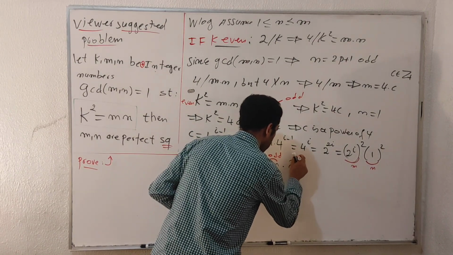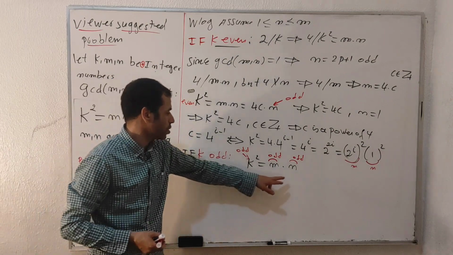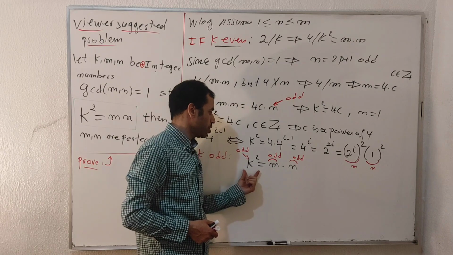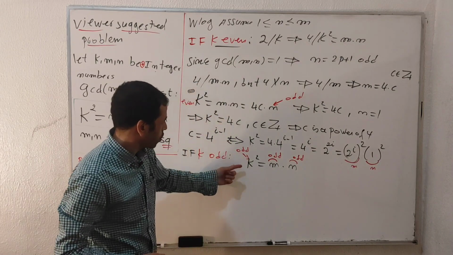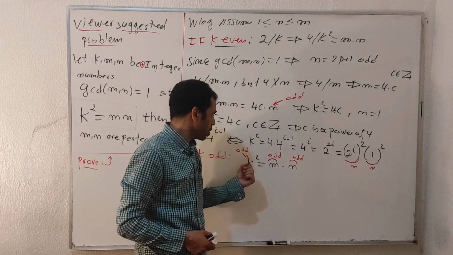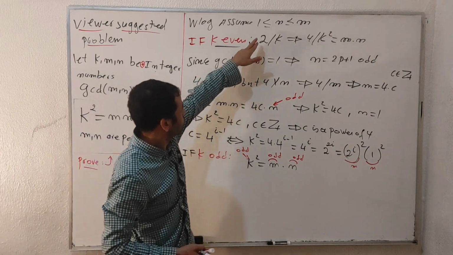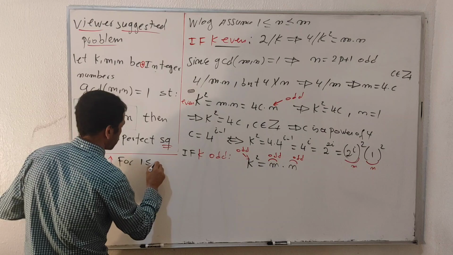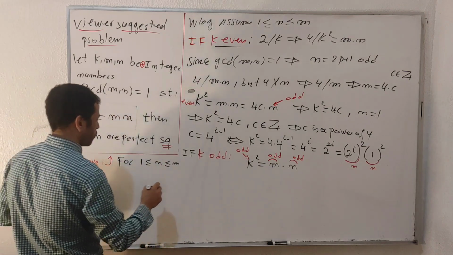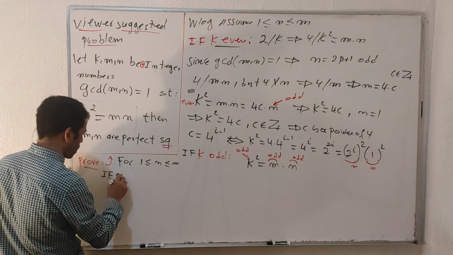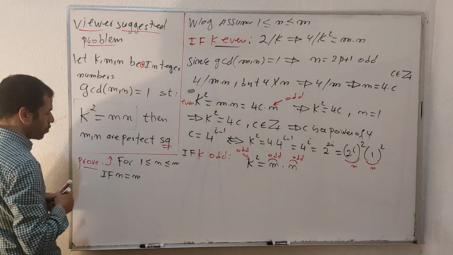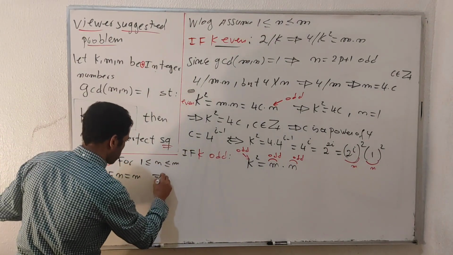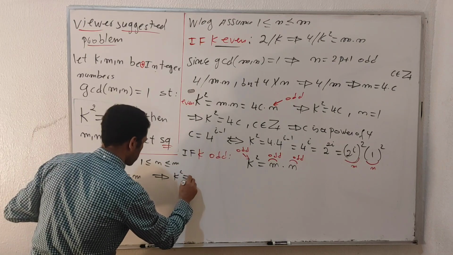Okay, if m is odd and n is odd, we are simply going to solve this equation by matching term by term. We have the left hand side of this equation equals the right hand side. Since we have this condition, 1 is less than or equal to n, which is less than or equal to m, if n equals m, as a first case, I'm going to replace m with n, so I will have k squared equals m squared,